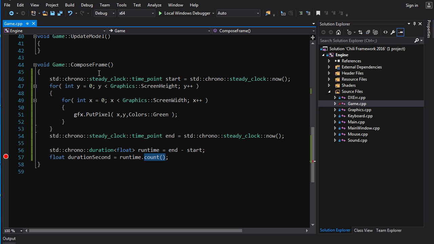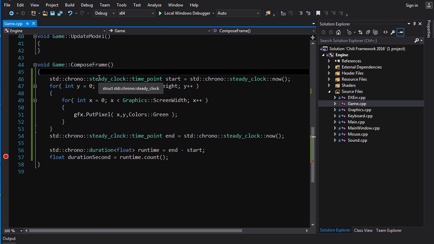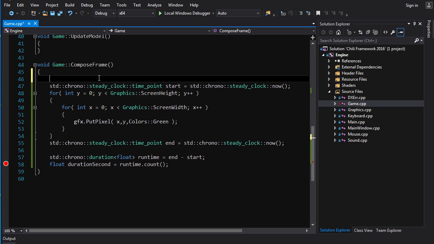Now, one thing you might have noticed is that this is a lot of typing here. std chrono steady clock, std chrono steady clock. I'm going to give you so many STDs, you don't even know. Anyways,